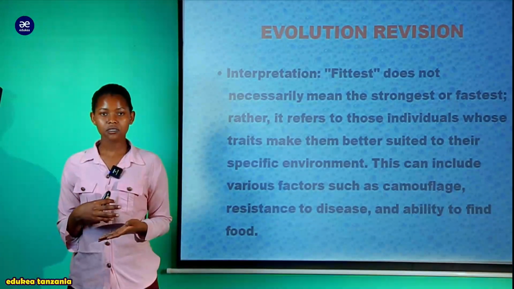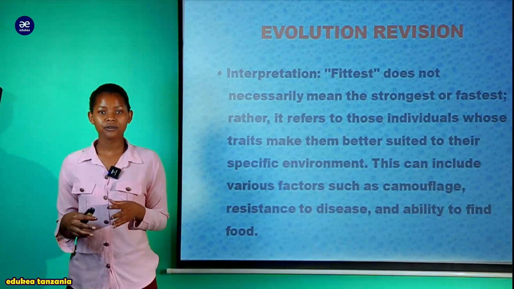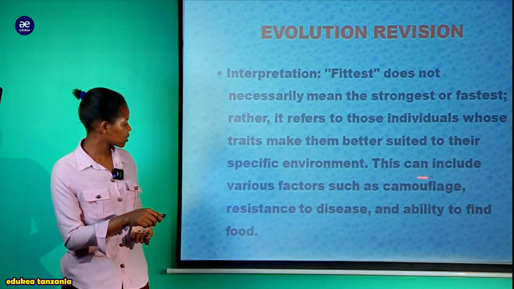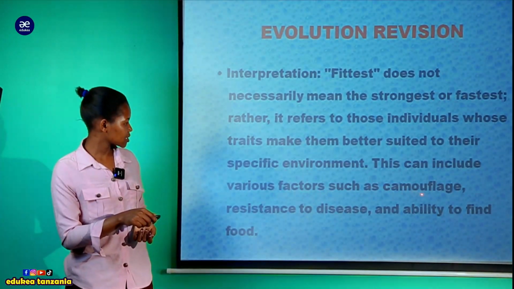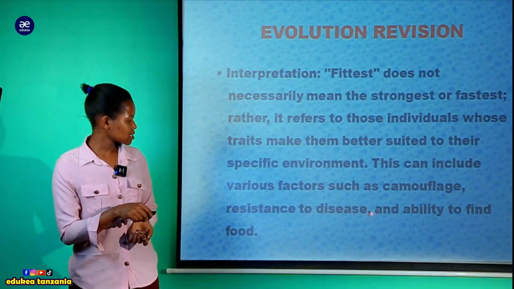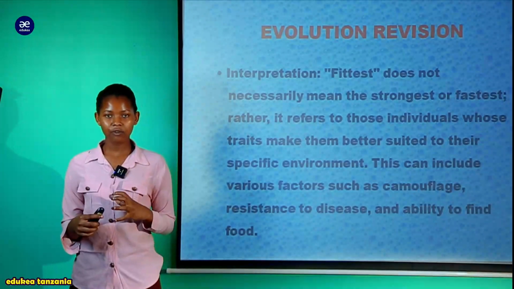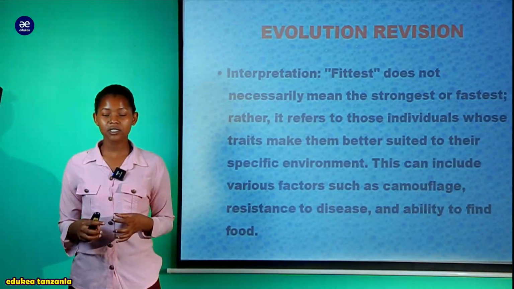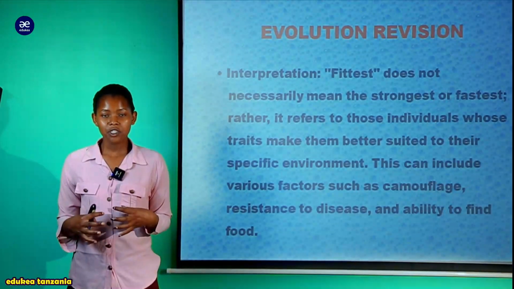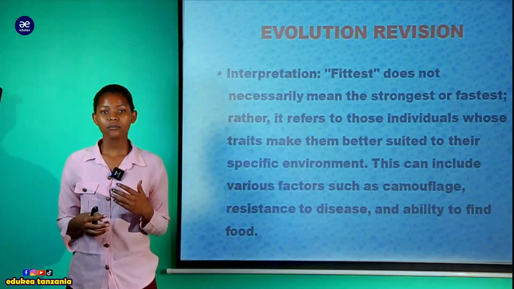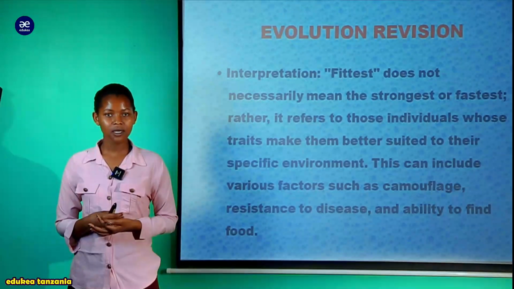That is what we refer to as fittest. This can include various factors such as camouflage, resistance to disease, and the ability to find food. When we talk about camouflage, this adaptation enables the organism to survive predators